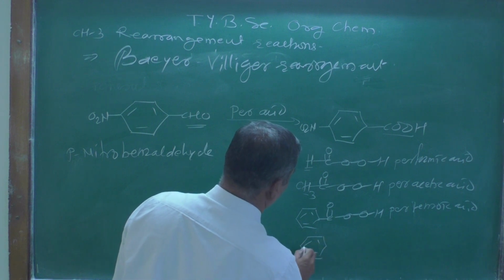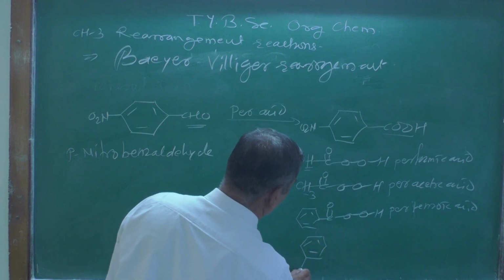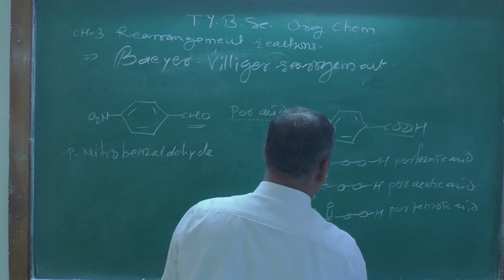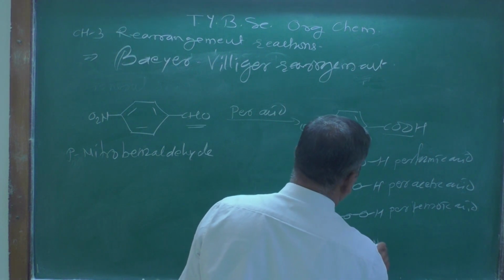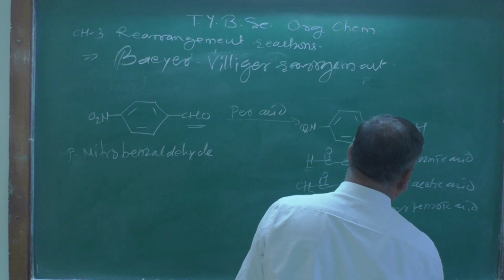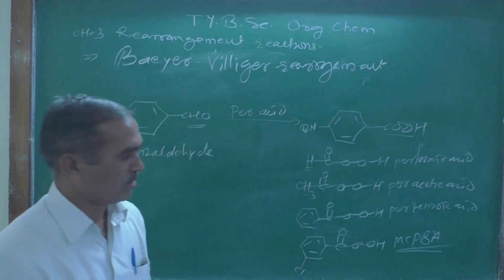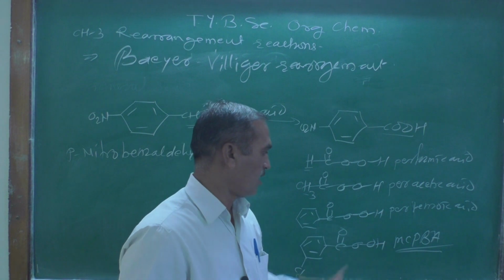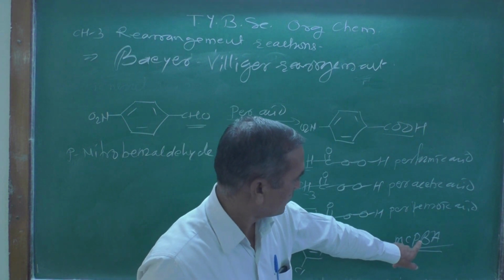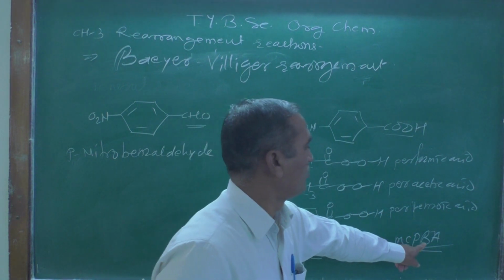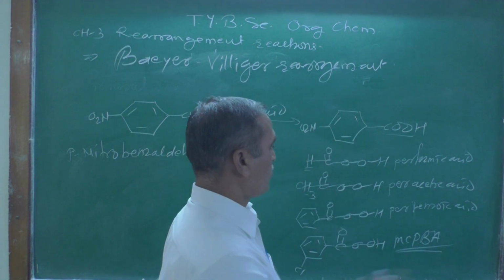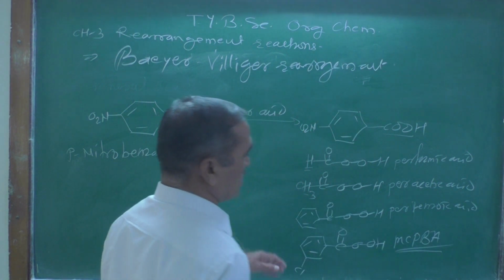Suppose you have a chlorine atom at the meta position, the same C double bond OOH, it is known as metachloroperbenzoic acid. This is commercially available. M stands for meta. This is the full form of MCPBA,